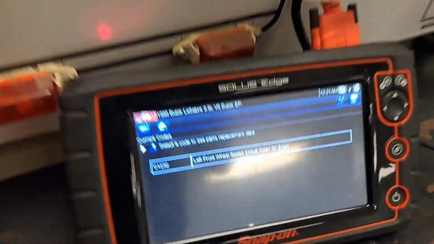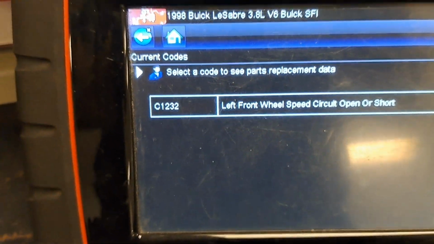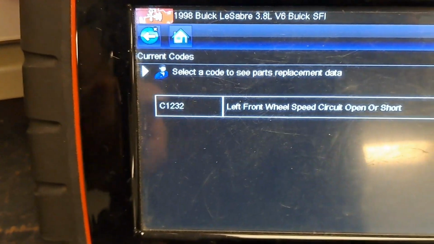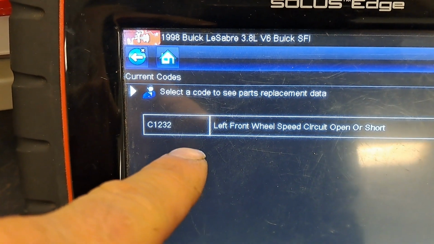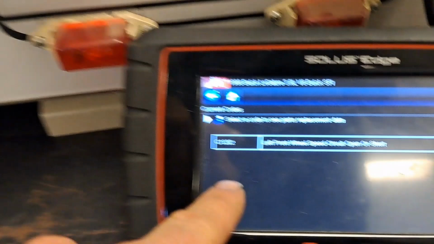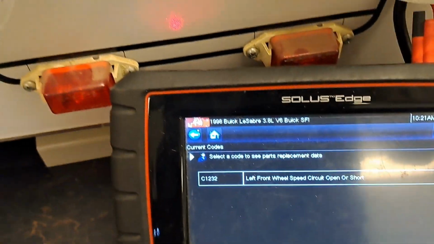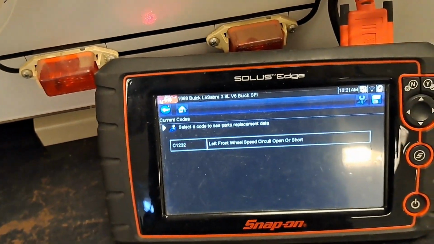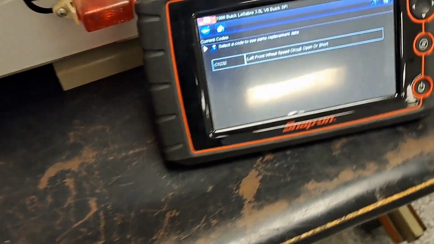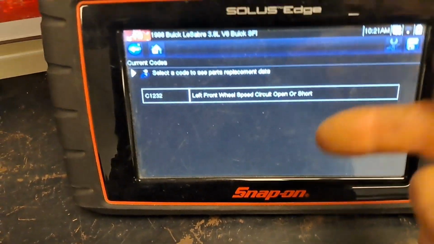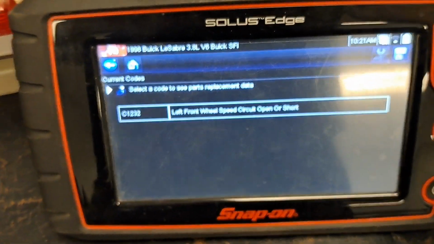All right, so after a couple key cycles, I did get one code back. Looks like that left rear resolved, but we remain with the left front. So I'm going to focus my diagnosis on that. The way that I would most likely proceed, because I've already tried to clear it and it came back, I'd